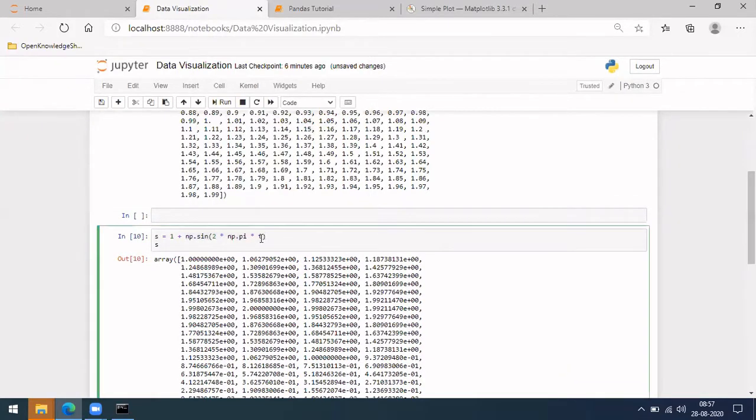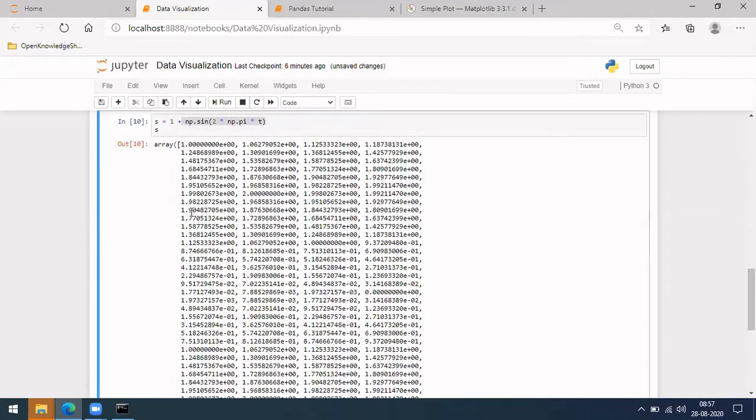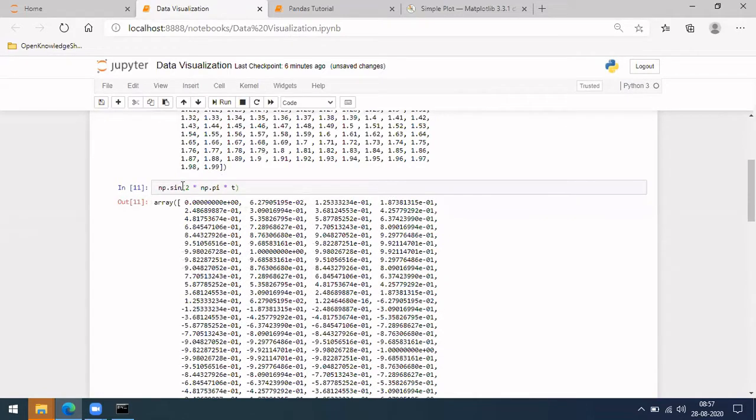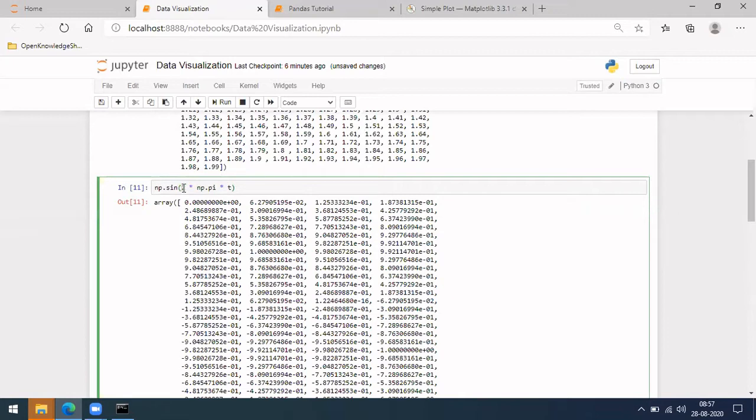This is nothing but data generation. Let me do this first. This is np.sin, which is sin x, where internally it is taking 2 times pi; np.pi is 3.1428, so that value will be taken here.